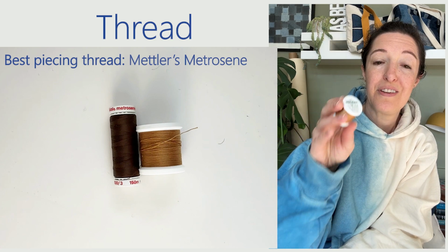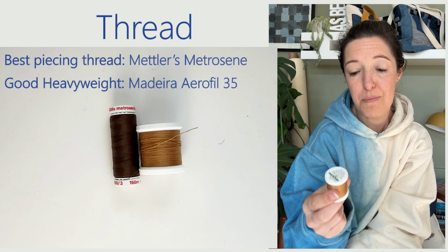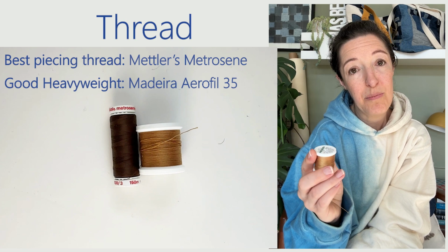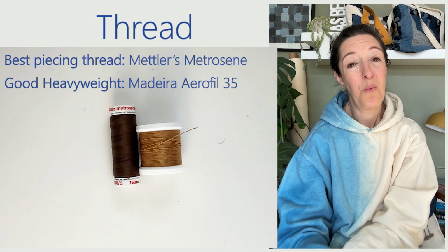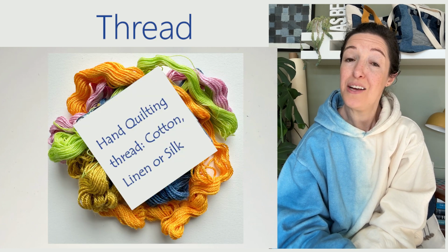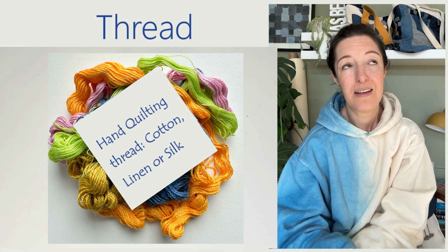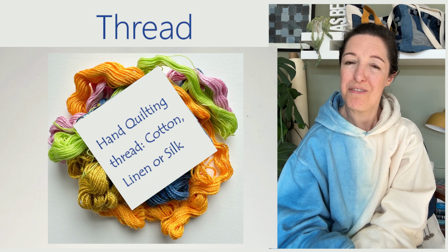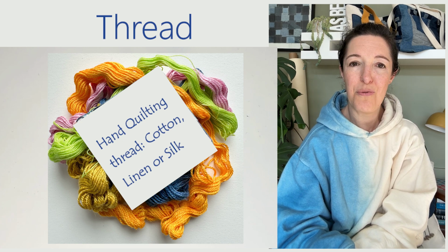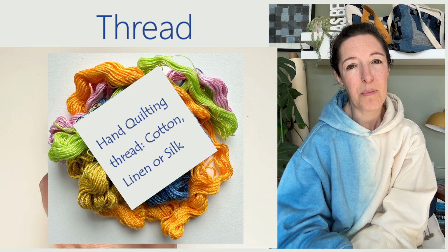Or sometimes, recently I got this Madeira thread, and it's specifically for denim, but what's good about it is it's a much thicker and stronger weight, again, polyester. Now, where I don't always follow this rule, if I'm going to do hand quilting, I generally will use a natural fiber embroidery thread. I know it may break down over time, but I feel like that's something that can get replaced fairly easily. And I just don't want to be doing beautiful hand embroidery with nylon or polyester thread,